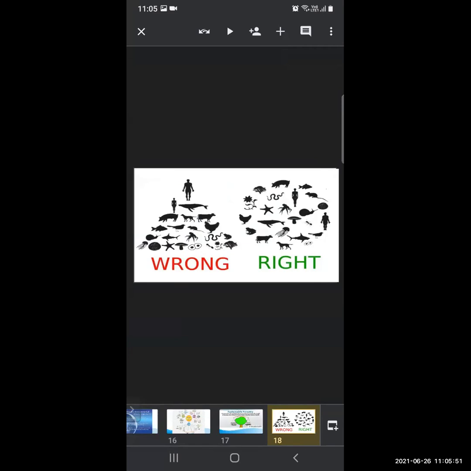So this is what is right and what is wrong. Interrelation: we don't have to be selfish, thinking that we are human beings, so we can kill all the animals, all the flora and fauna, and live alone in this environment. We cannot do this. We don't have the right to do this. So all this we have to do with interaction among us human beings. This is the right way. We should not think in the wrong way.